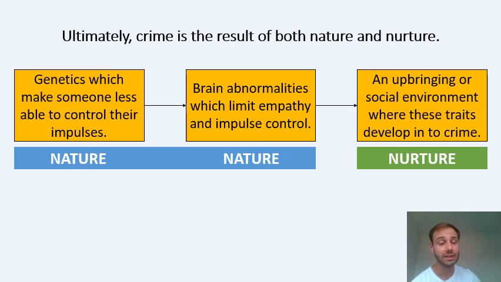crime. Now, this is a basic overview which I've given you, just a very brief overview of the topic. We are not going to delve too much into this in future lessons, because we just need to know that crime is a result of nature and nurture, and not just fall down the sociological trap of saying it's all nurture. Okay, so this lesson is for us to understand that there is definitely brain activity and genetic makeups that lead